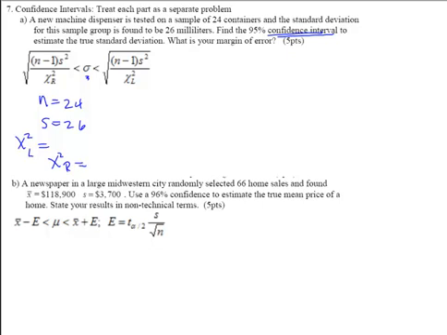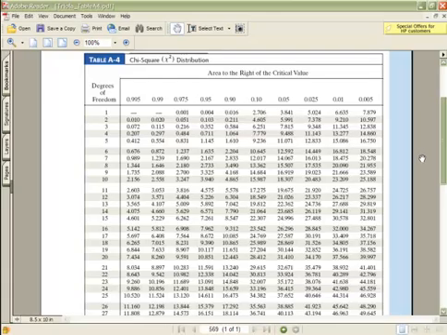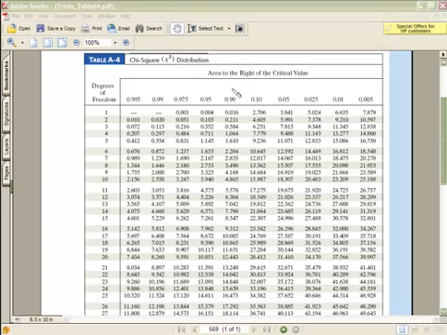For that, we need to go to our table A4, and let's see, we got alpha at the 95% confidence level. Alpha is 0.05,